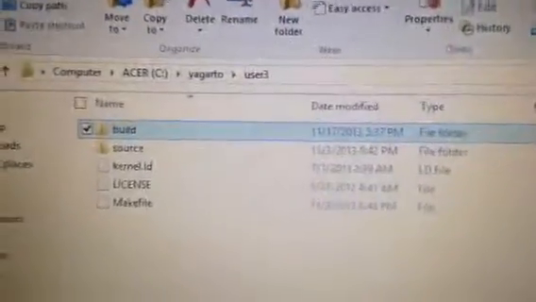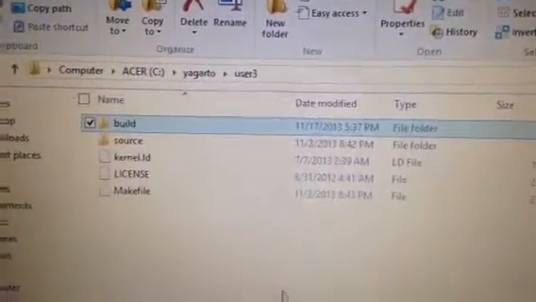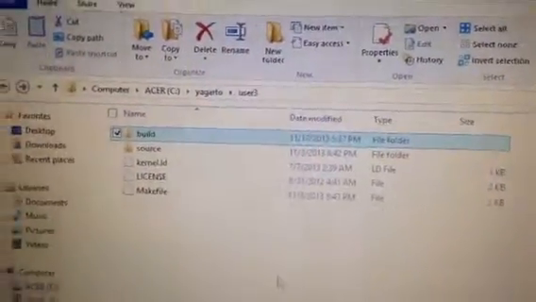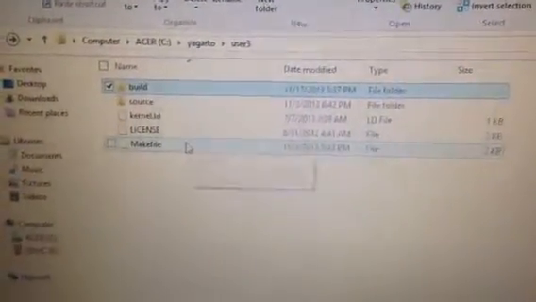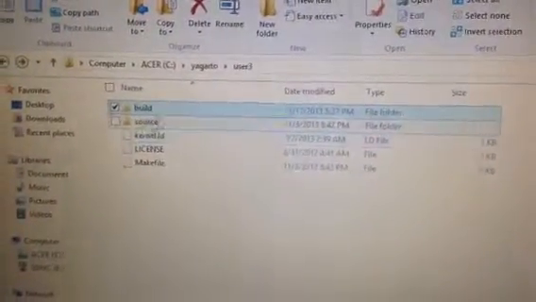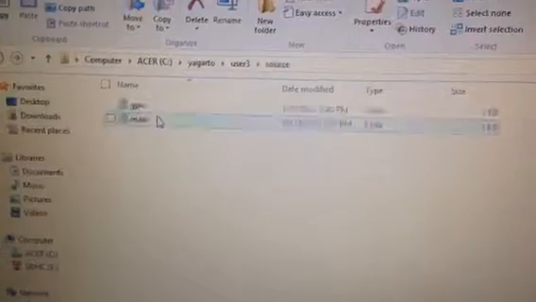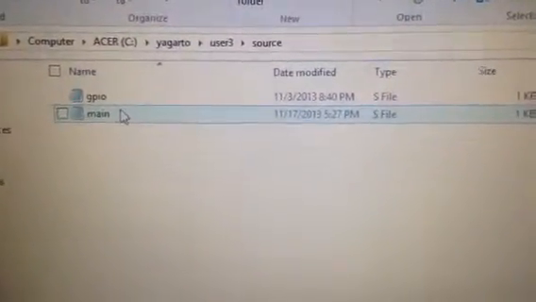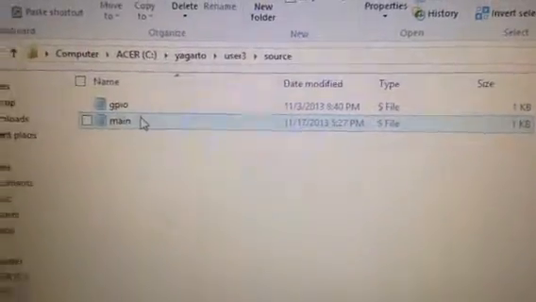So as you can see here, I'm under my Yogurto directory, and I'm under user 3, which is where I have the code for the lesson 3. It's your standard format as in the other ones. And under source, I got 2 files this time. I got the main file, which we had in the first 2 lessons, but this time we had a second